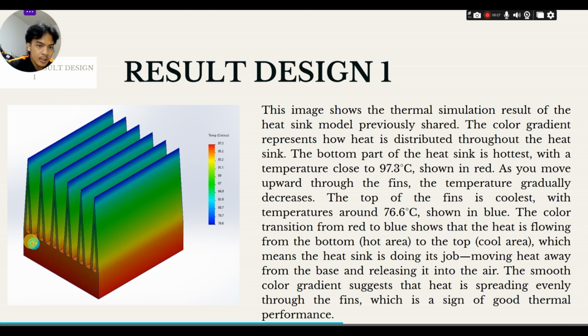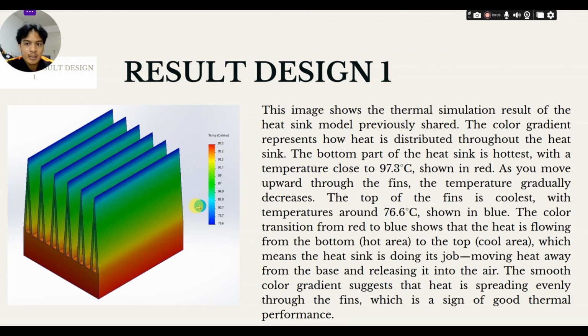The bottom part of the heat sink is the hottest, with a temperature close to 97.3 degrees Celsius, shown in red color. As you move upward through the fins, the temperature gradually decreases. The top of the fin is the coolest, with a temperature around 76.6 degrees Celsius,